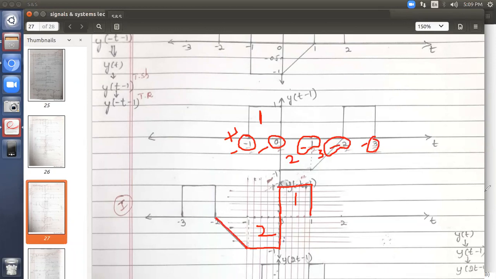Okay, don't take the structure as it is. If this is here, here also don't draw like this. It will be wrong because you're taking the signal as it is. You're simply shifting. You're not taking the mirror image. The mirror image of this will be like this. Just put a line here, you will understand.